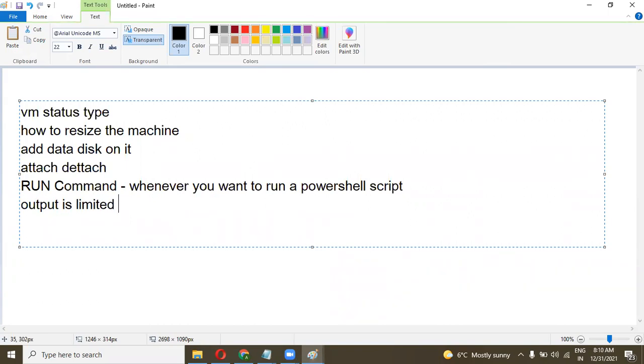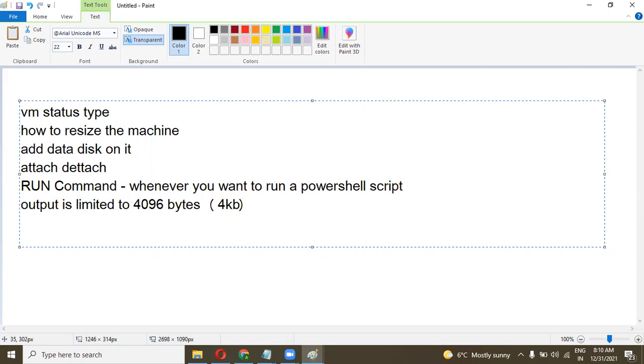We cannot see 5 KB of output, or more than 4096 bytes. Output is limited to 4 KB. This is the limit for the run command.